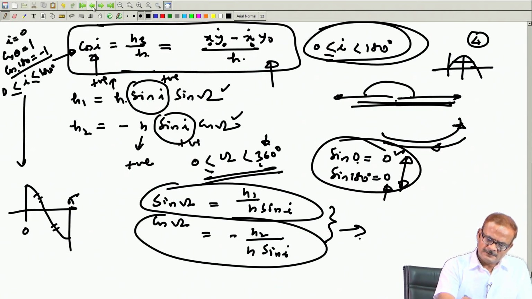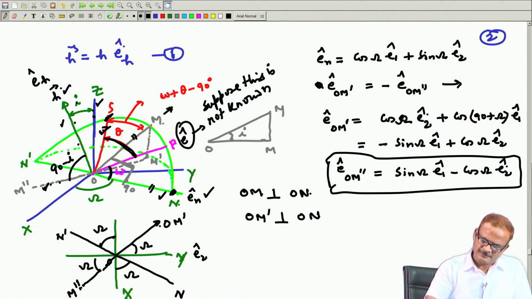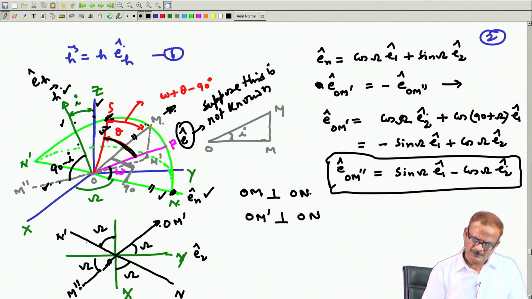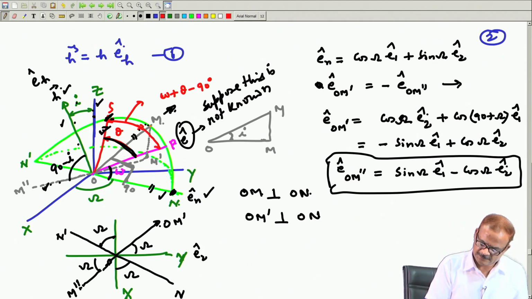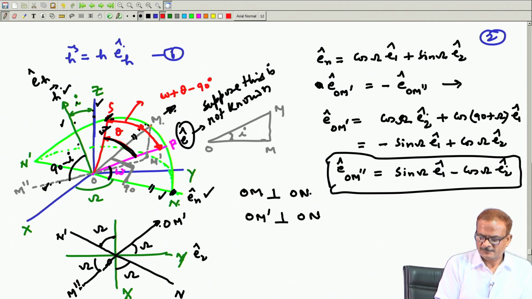Now, the unit vector along the OM direction, along this direction, we can get. And if we know the unit vector along this direction, then from here to here this angle can be computed. Theta angle is wrongly shown here. Theta angle is from this place to this place. Theta angle is not up to this point. Theta angle is from the argument of perigee to this point. This is your theta angle. Perhaps I have shown only this part here. So, this is theta.